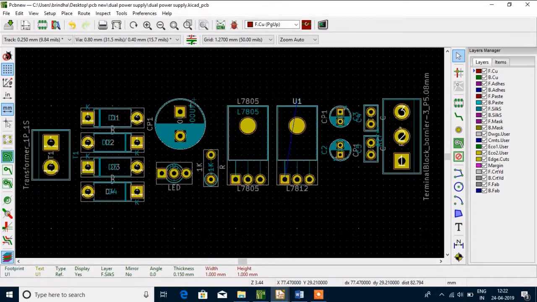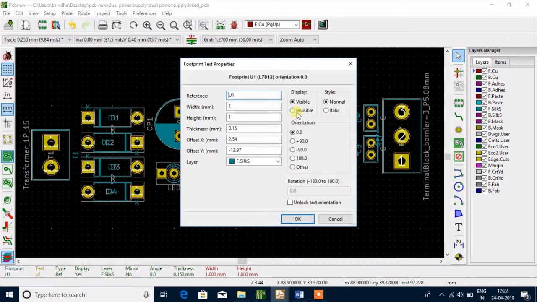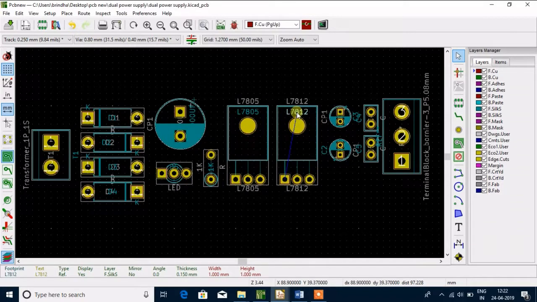Move that firstly, keep that inside, and rename it as an L7812 regulator. And now here we have used our